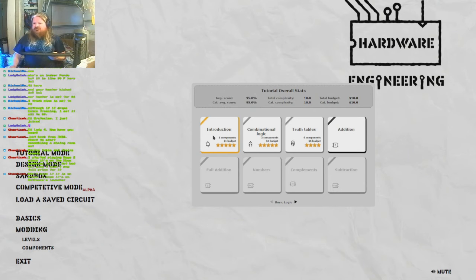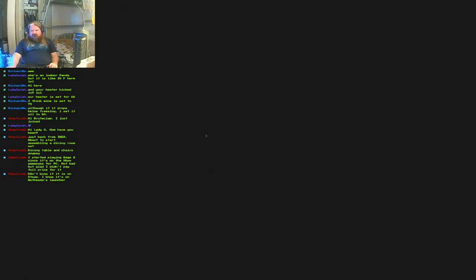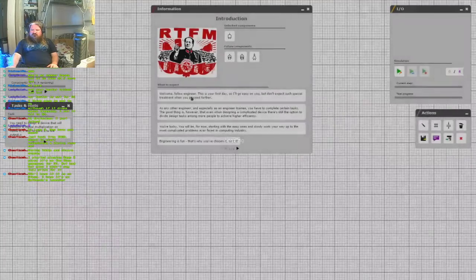This used to be an online Flash game. So, you can see I've already done some of it. So what this is, you're given a certain